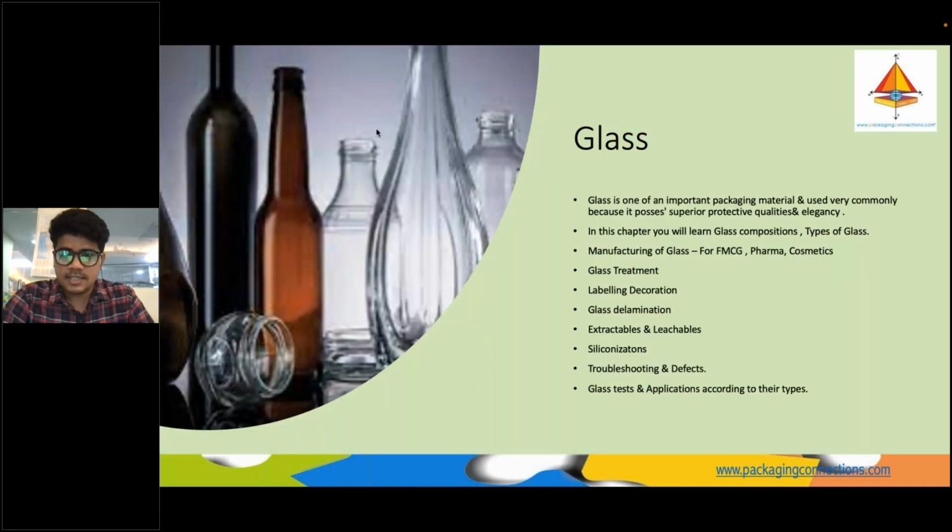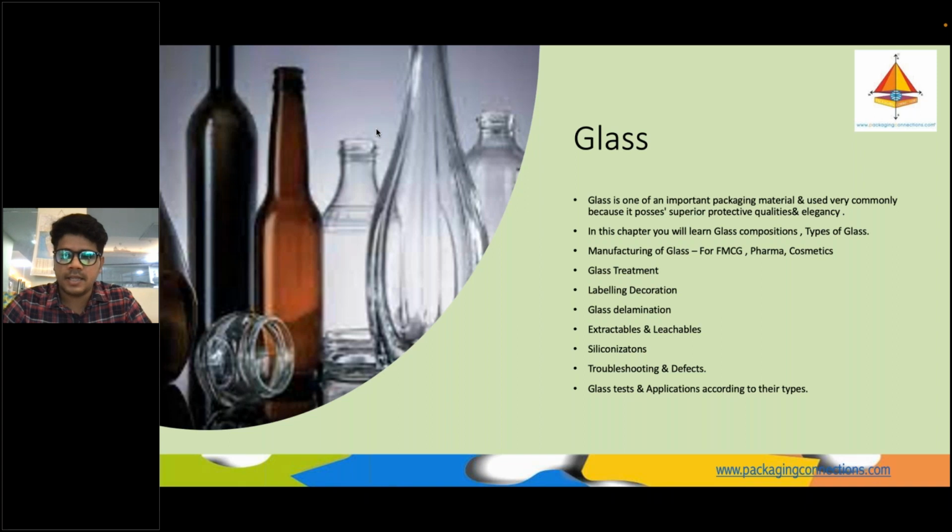And the last chapter of this book is about glass. You know that glass is a very important packaging material, and very commonly used because it possesses superior protective qualities and elegance. So in this chapter we will learn about the glass composition, what the constituents are in making glass,